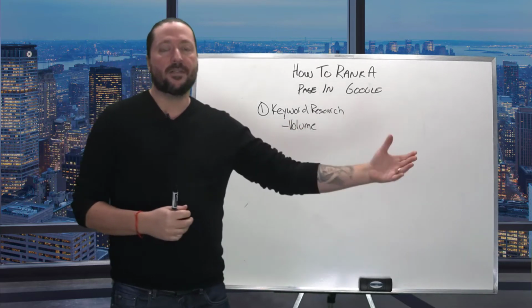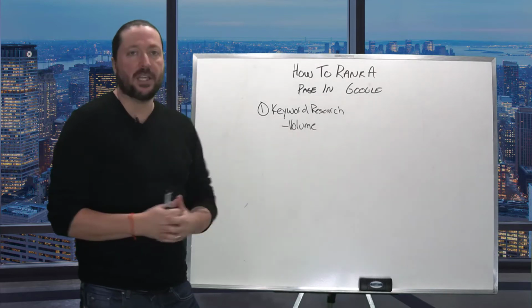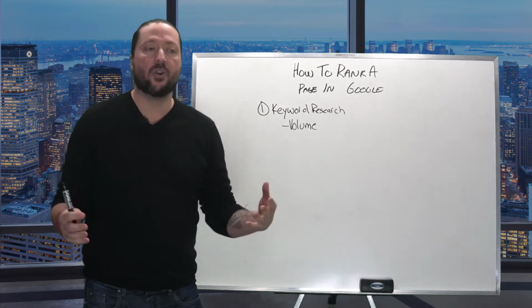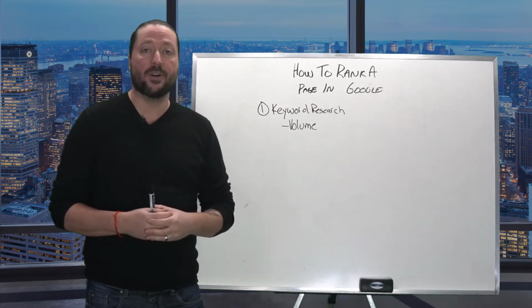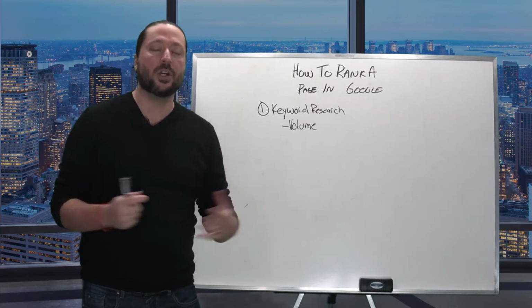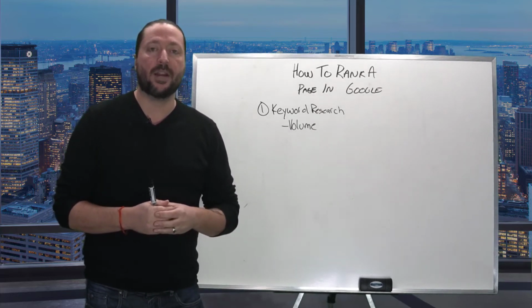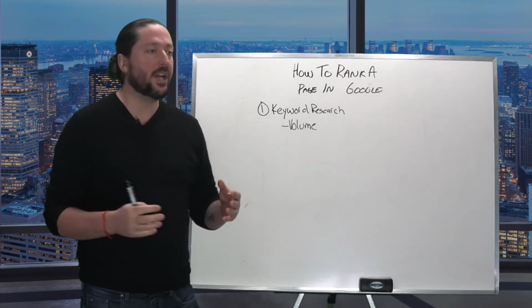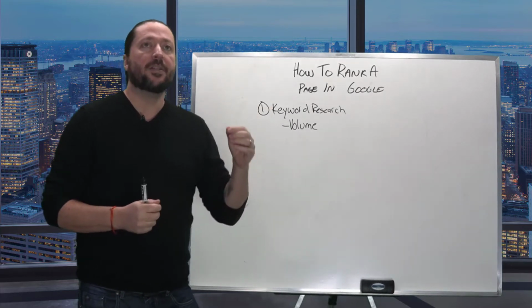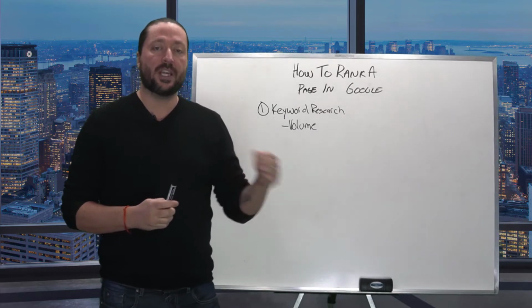But on the other end of that spectrum, you don't want to target a keyword like weight loss like I initially talked about, because there's just so much competition for that keyword. There's so much search volume that you're just never going to rank for it. You have to be so good of a technical SEO to rank for that keyword that it is just rarely going to happen. So we're trying to find the middle ground of keywords, because there is a correlation between keyword search